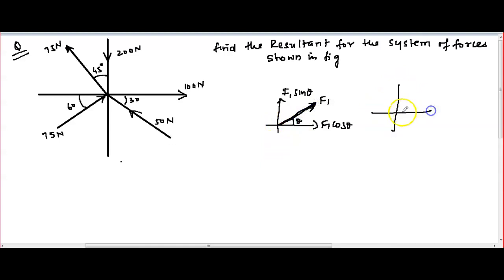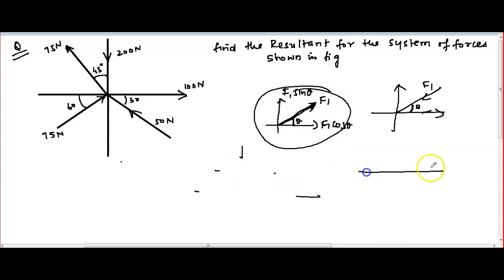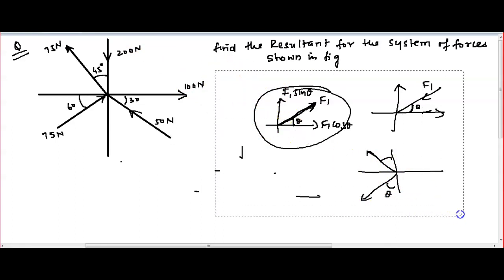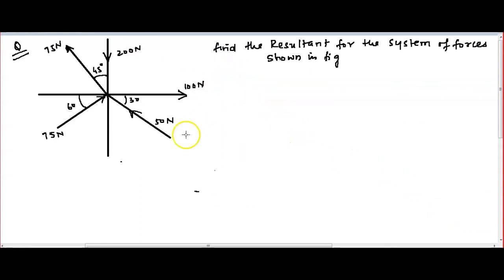If the force is given like this, F1 coming this way, and theta is given, you cannot write this as cos theta and this as sin theta. So what you have to do: if the force is given going outside and theta is given, then you can easily decompose it, right? So I will convert this question into the form of the last question only, meaning outward. All the forces which are given inside, this force and this force, right?